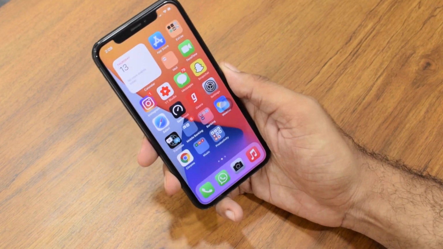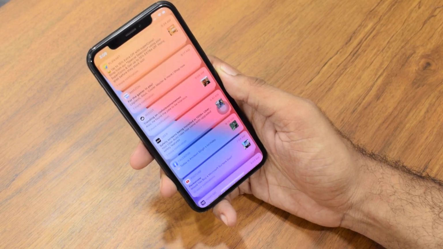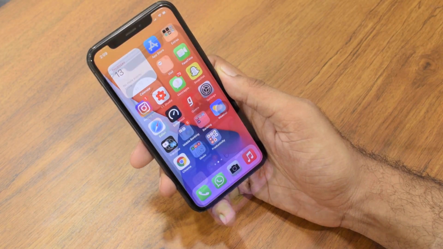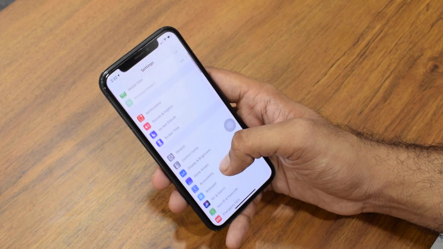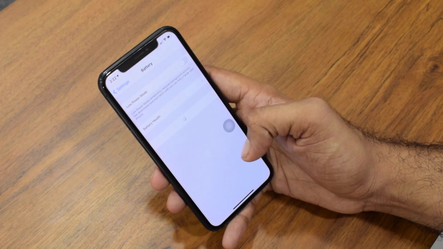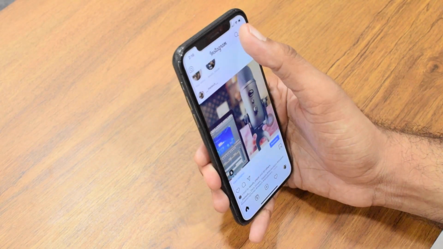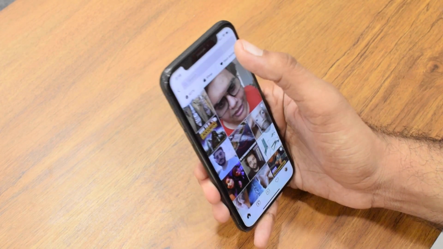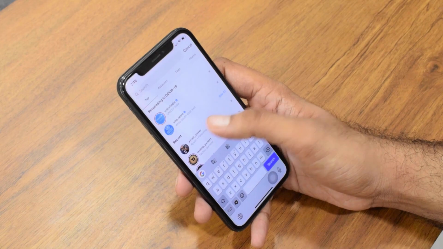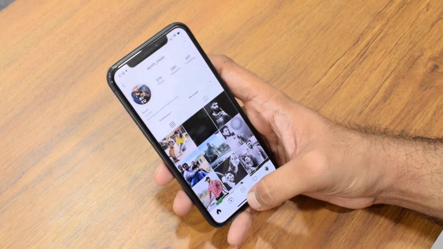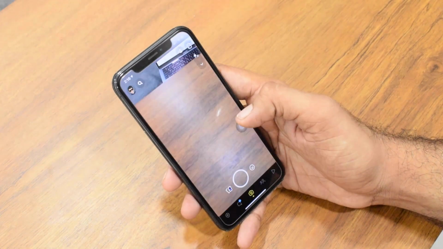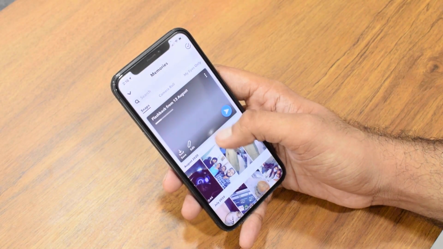But this relief came with a cost and I have to pay the cost with my battery life, because the battery life in this beta isn't that good and I get around 2.5 to 3 hours of total usage, and when kept idle the battery discharges pretty quickly. I remember last night I kept it at 93% and in the morning at 8:30 it was around 80%. Now I don't know whether it's happening only with me or others are facing it too, but it is there and I have sent Apple feedback regarding the same.